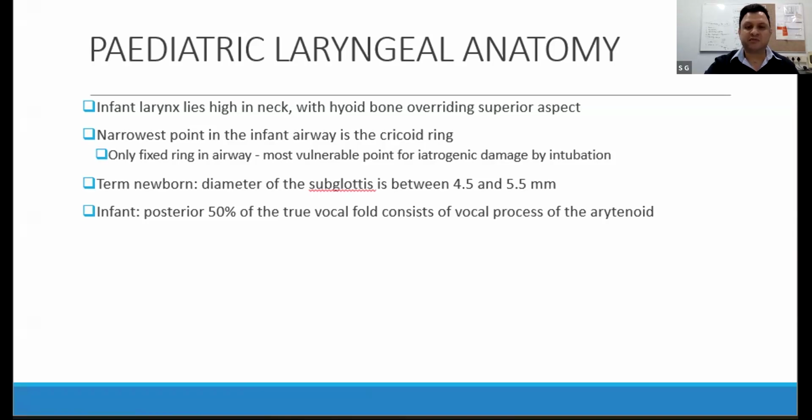The narrowest point in the infant airway is the cricoid ring. It's the only fixed ring in the airway, and it's the most vulnerable point for iatrogenic damage from intubation. Term newborns have a subglottic diameter between 4.5 and 5 millimeters. If it's less than 4 millimeters, it's generally considered subglottic stenosis. A useful guideline is the 3 millimeter endotracheal tube, which has an outer diameter of 4.2 millimeters, and can be used as a quick gauge